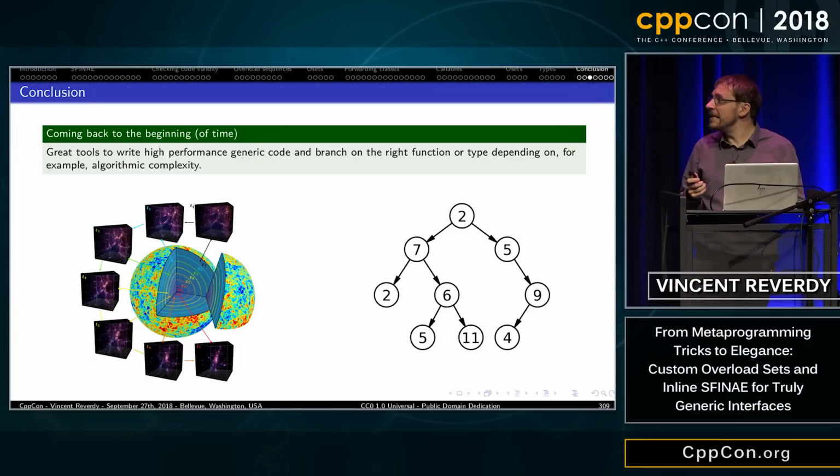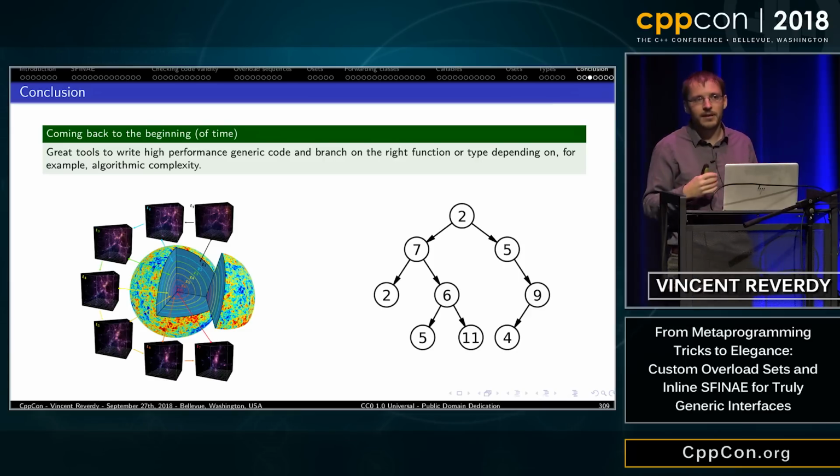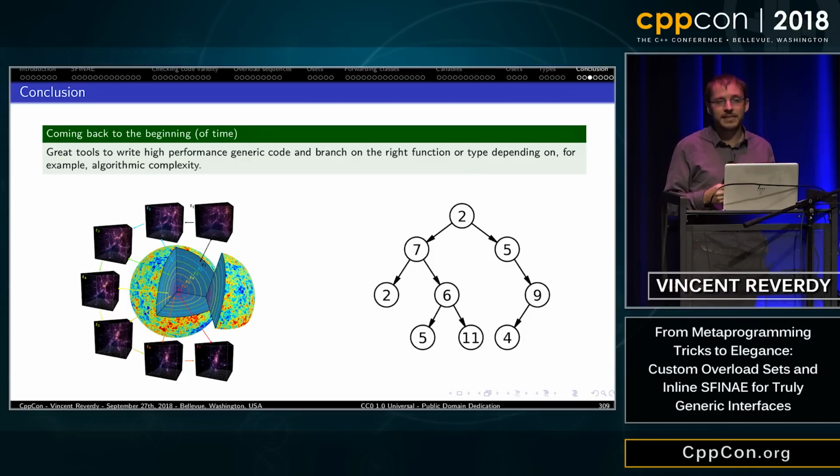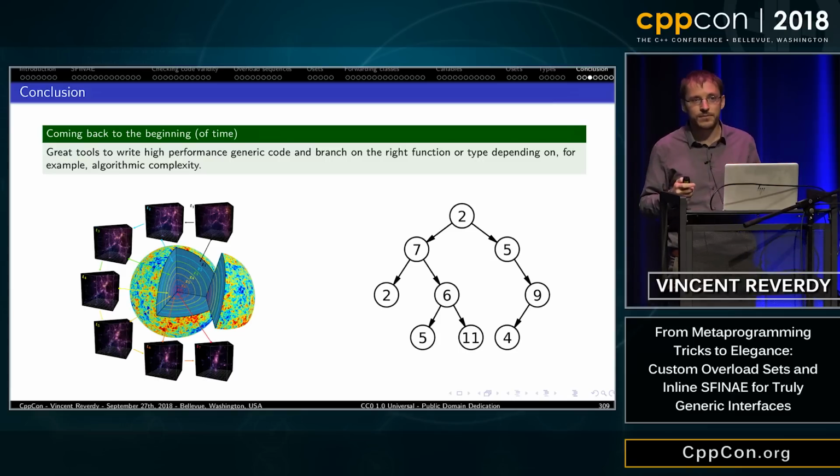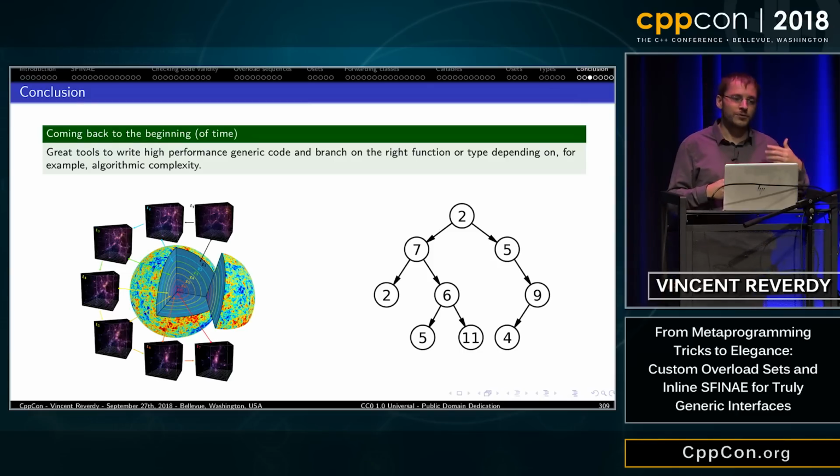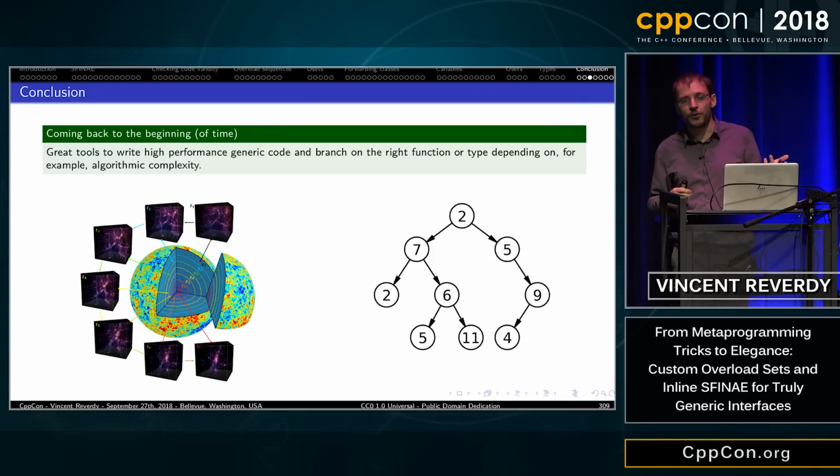And coming back to the beginning, now by using all these techniques, it simplifies a lot when I want to write super generic code, checking the properties of types, and depending on the properties of types, I want to make decisions. For example, let's say you have a set of algorithms with different scaling capabilities, and I want to pick, depending on the complexity, at compile time the best one. According to this, I don't have to write a lot of functions, a lot of boilerplate code. I can just use isValid or overload sequence to do this.